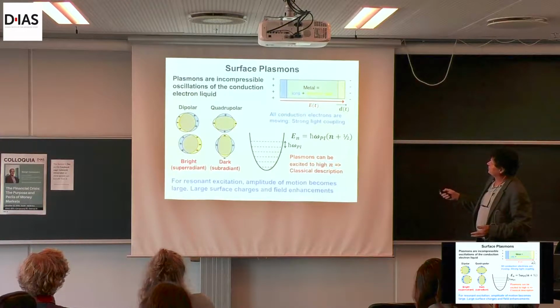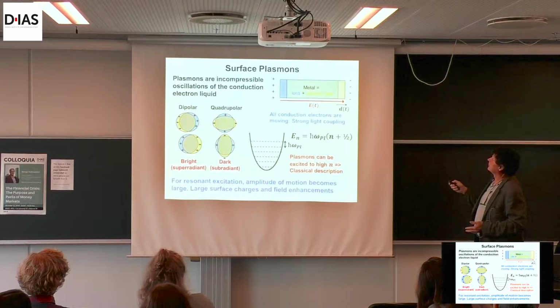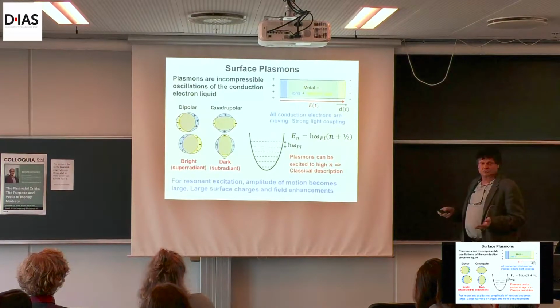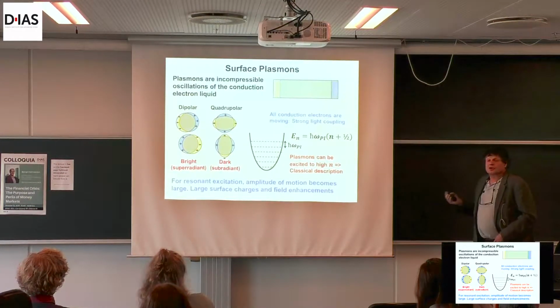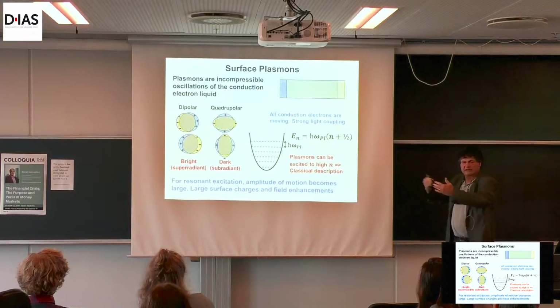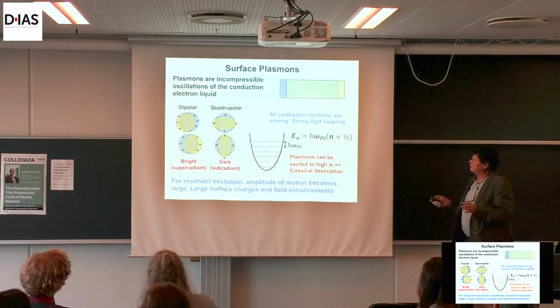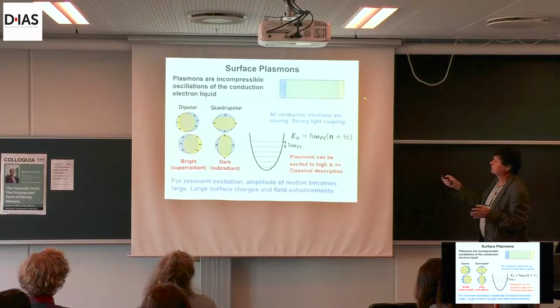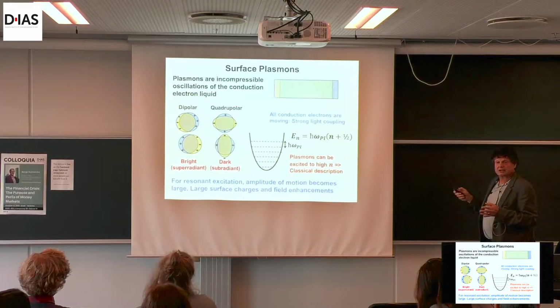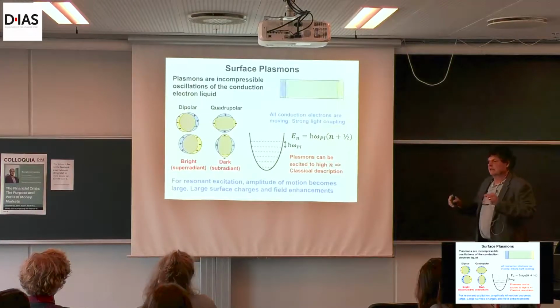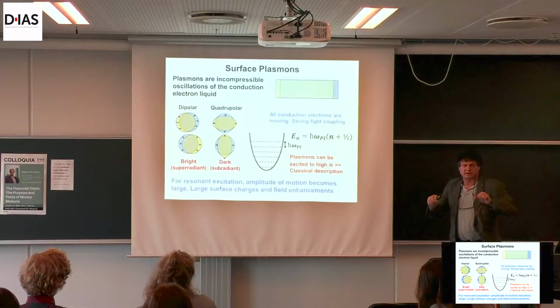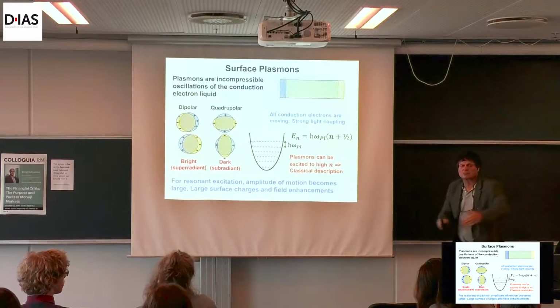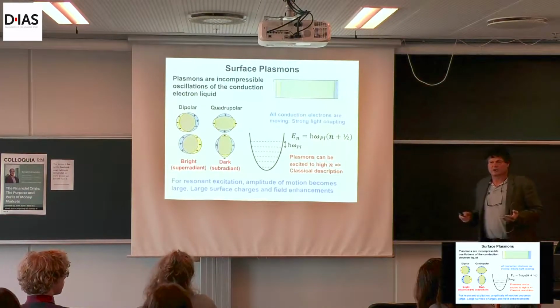So in the metallic nanoparticle, you can do a rigid displacement of the conduction electrons to one side. You generate surface charges, and that provides a restoring force. And if you solve the Schrödinger equation and Newton's equation, you'll find that you have sort of a harmonic oscillator. It goes back and forth. And if you drive this now with electromagnetic radiation, with the polarization in the direction of this oscillation, you can resonantly drive it. It's like a swing. If you hit the swing with a little baby in at the right frequency, you're going to get more and more amplitude. So that's what the surface plasmon is.